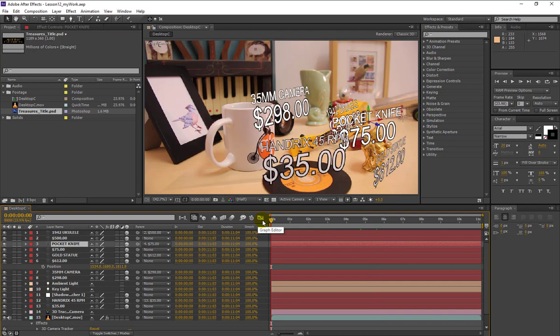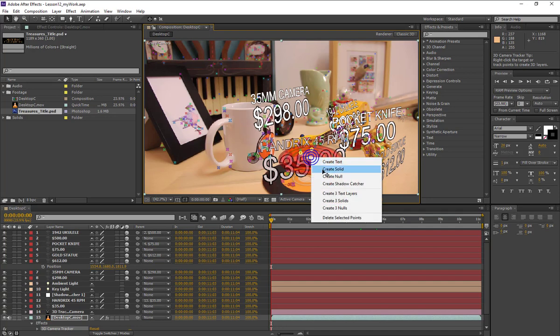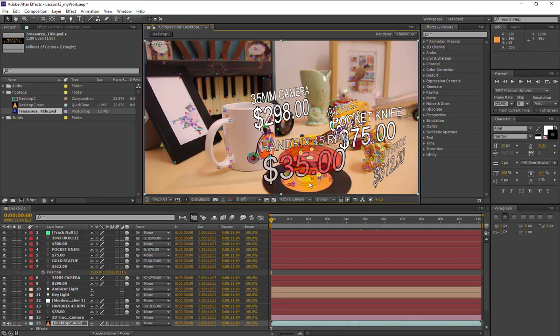treasures titles PSD. Since we cannot add it directly because we can only create text, solid, or null, we are going to add a null, and then we link the PSD to it. We're going to right click in this position and create a null, and then we are going to change the null layer name to desktop null,